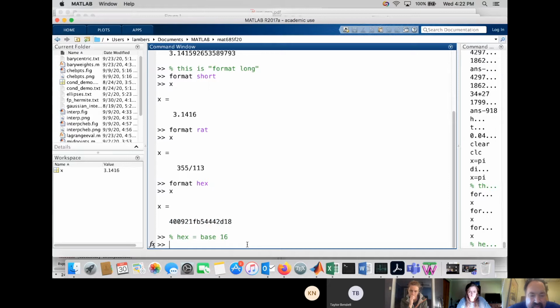Now, what's interesting about base 16 is that it relates very closely to binary, because every digit in hexadecimal is equivalent to 4 digits in binary. So it's a little easier to translate this into binary than numbers written in a different base. So I'm going to go ahead and do that right now. So if I have 4 in binary,